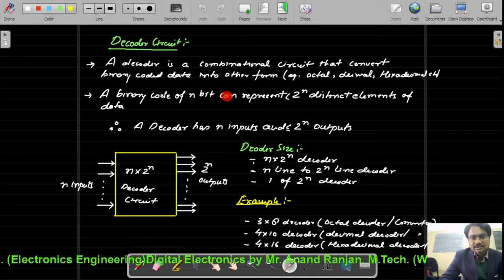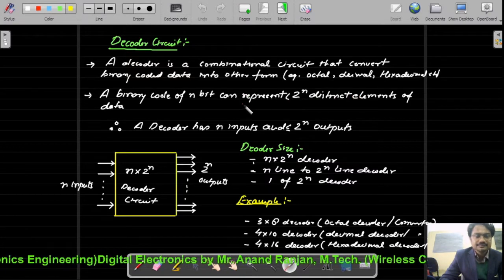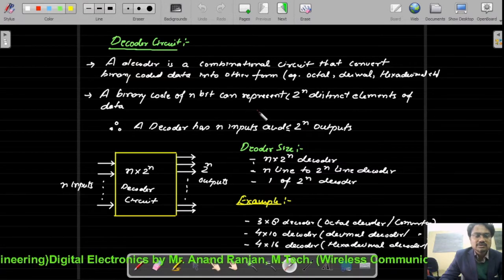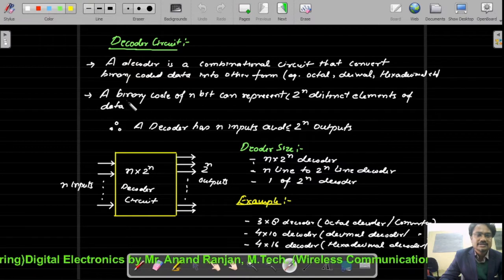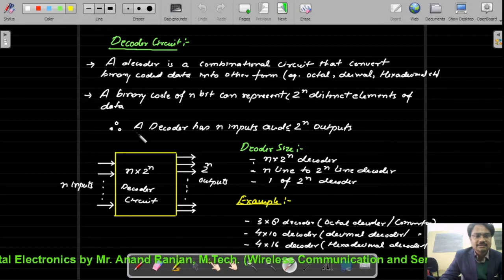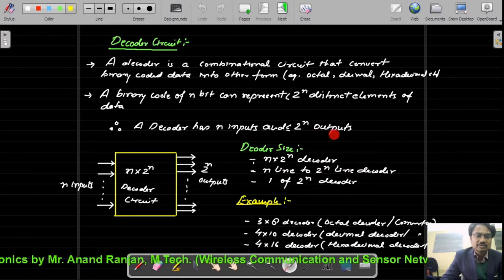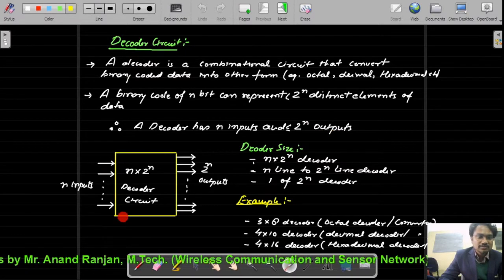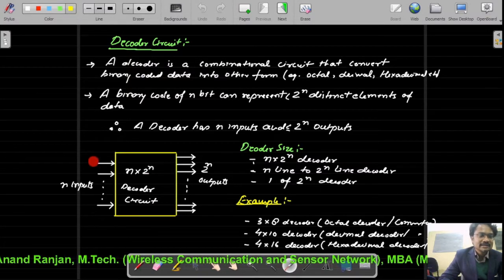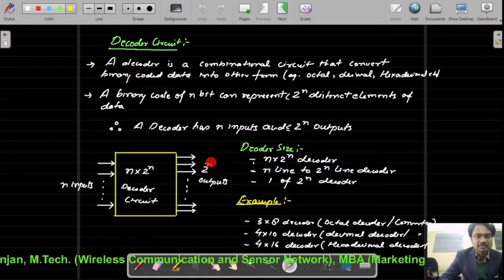A binary code of n bits can represent 2 raised to the power n distinct elements, as we know, because n variables can represent a total of 2 raised to the power n different combinations. So we can say a binary code of n bits can represent 2 raised to the power n distinct elements. A decoder has n inputs and at most 2 raised to the power n outputs. This is the conceptual block diagram of an n cross 2 raised to the power n decoder, in which you can see that on the input side we have n inputs and 2 raised to the power n